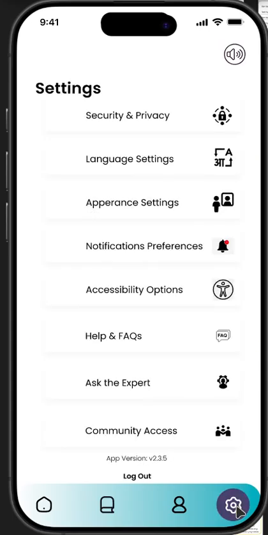The settings section is the same, like security and privacy, language settings, appearance settings, notification preferences, accessibility options, helpline, FAQs, ask the expert. So this was the complete walkthrough of this whole